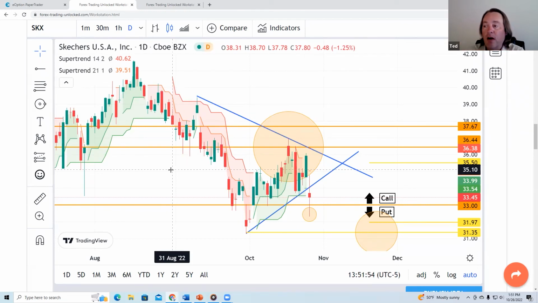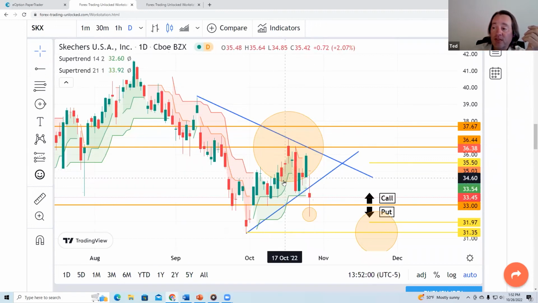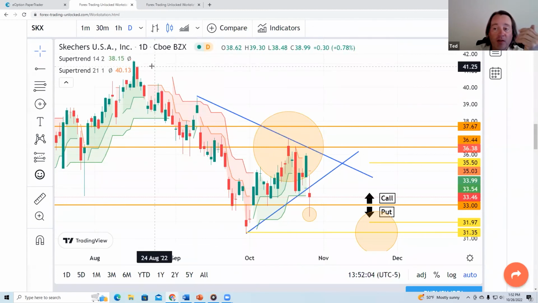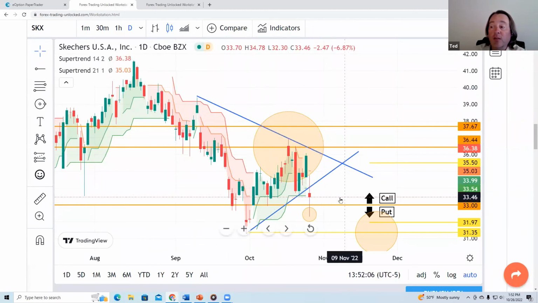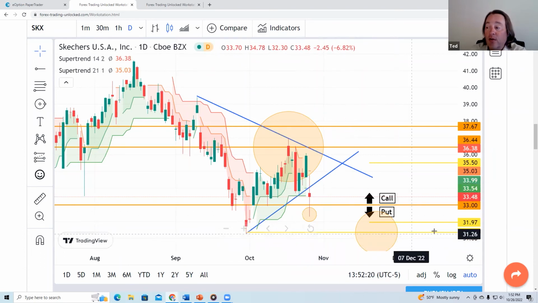Keep it simple. I use this indicator here just to give us a bias for direction. We know that with this example with Skechers, it was put into neutral. It had been a bear. We identified the trend. That's why we look at the put being like, overall, if this market's going to continue to behave the way it has been behaving, the downside does have a very viable targeting area that's not that extreme. And even just to get back down to its lows, I mean, remember 31.97, if it gets to this area,